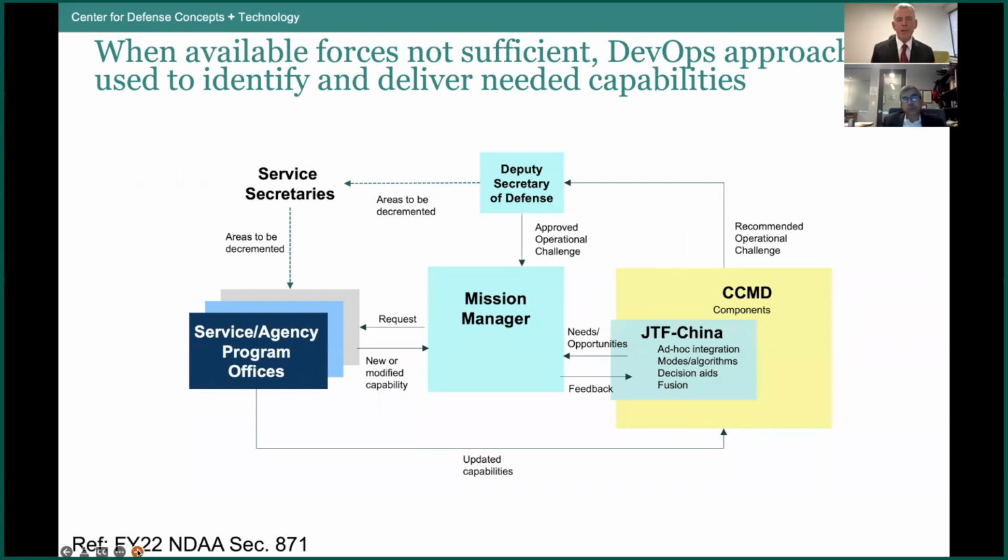This example that I show here is an example that's been piloted right now as a result of the National Defense Authorization Act for 2021, which required DoD to establish a mission manager, in this case, the Strategic Capabilities Office, that would work with combatant commanders, in this case, Indo-Pacific Command, to solve operational challenges that the Indo-Pacific commander identified as being critical to solve in order to support any of the Indo-Pacific campaign plans. So the combatant commander recommends those challenges. They get approved by the Deputy Secretary of Defense. The mission manager, or the Strategic Capabilities Office, will then help